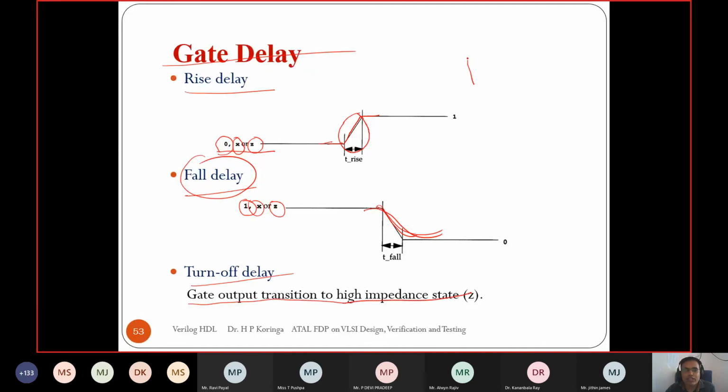So in a tri-state, when the control signal is 0, the output goes to the tri-state. So it goes to high impedance either from 0, or if it is presently 1, or from unknown, to high impedance, right? So it is a turn off delay.